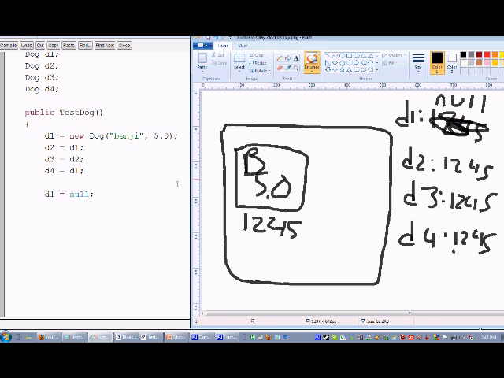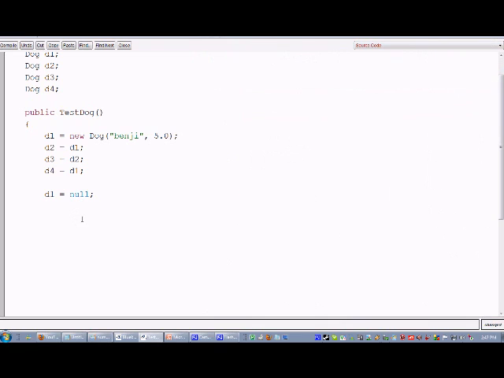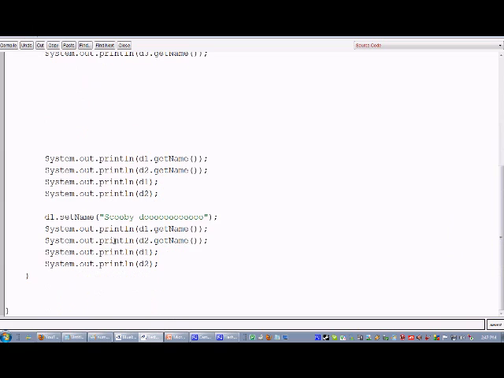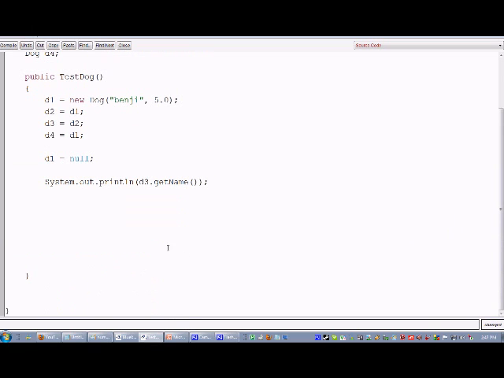And for example, I can system.out.println D3's getName here. D3 is a dog. Dogs have a getName method. I would expect to see Benji here, just because D